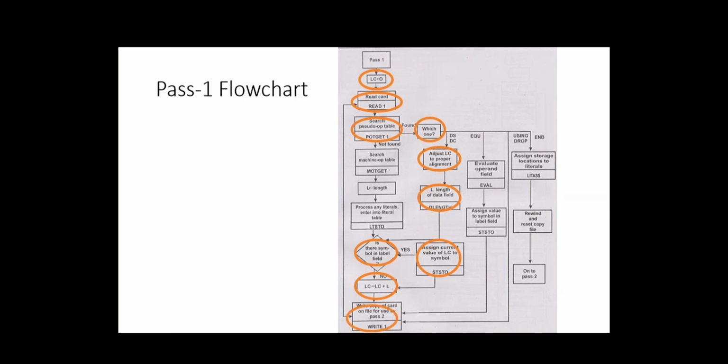If POT entries fail, then you are going to search the MOT table. You are writing the line to the output file and then going back, right? And then you are checking if POT fails. Green color is highlighting the vertical path. Search the MOT table. Extract the length and format. If any literal exists, add it in the literal table. If a symbol exists, add it in the symbol table. So the same thing we have done in a